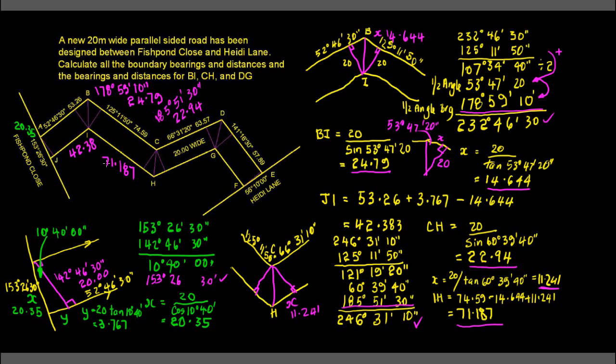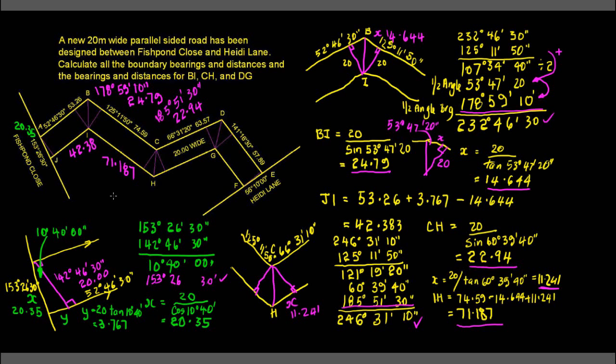Now before we crack into the classic half angle, we've got to have a look at what's happening here at AJ. I've drawn in beforehand these little magenta lines; apart from the ones that are half angles, I've drawn in the right angles. So they're right angles at the width 20 metres, so we can see where the right angles are. First one we're going to look at is AJ, and then we draw in the right angle, and of course we can, because we've got the bearing